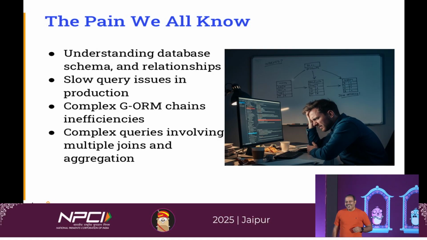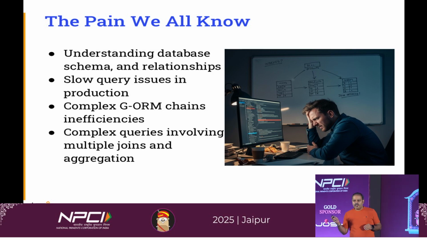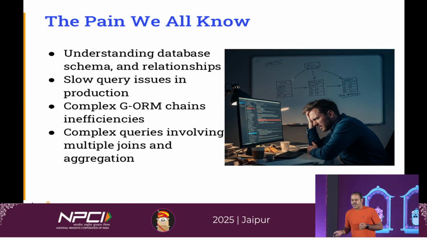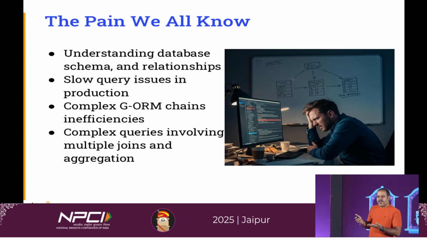Okay, good. And if you're using ORM models to interact with your databases with Go, then you don't know what query actually gets fired in the backend. So that's another challenge with ORM kind of models. And finally, you have a lot of complex queries, a lot of joins, a lot of aggregations. So when you look at the query itself, it's overwhelming to understand what that query does.